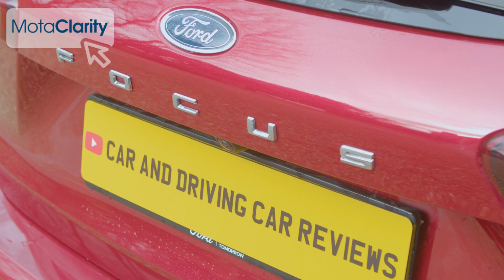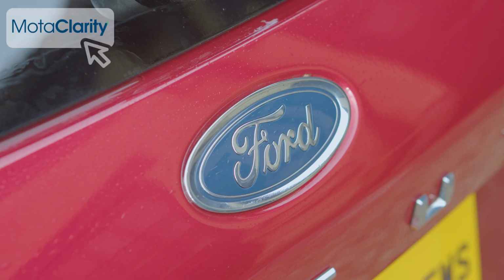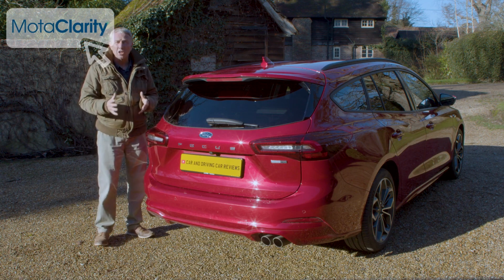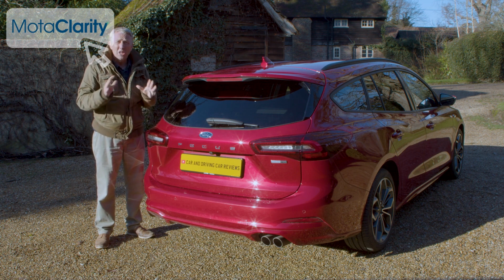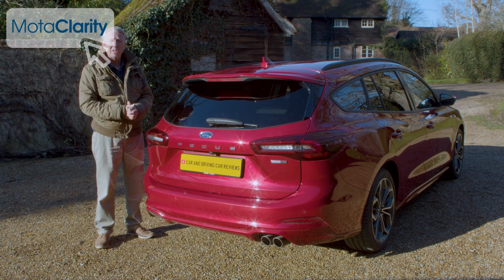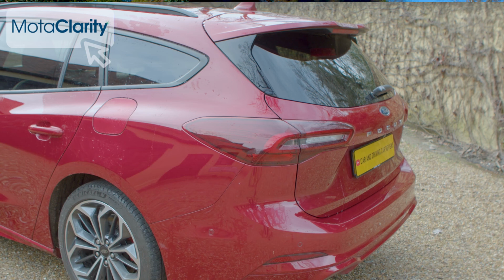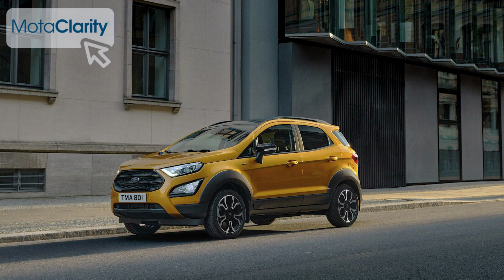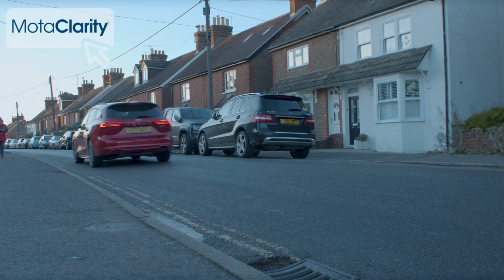The Focus estate has always seemed a bit of an afterthought from Ford. It was neither big enough or buoyed by serious promotion, and that hasn't and won't change for the short term at least. What does seem to be changing slowly but surely is customer perceptions of estate cars in general. Maybe it's a backlash against suburban SUVs that once smacked of active lifestyles, but now just scream shopping and school run. The estate car is quietly